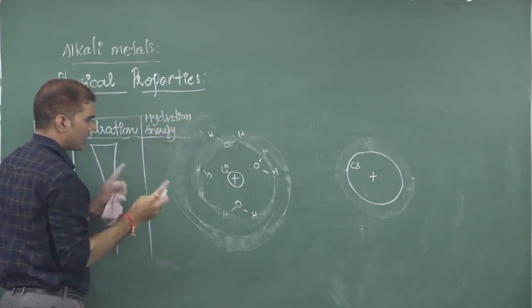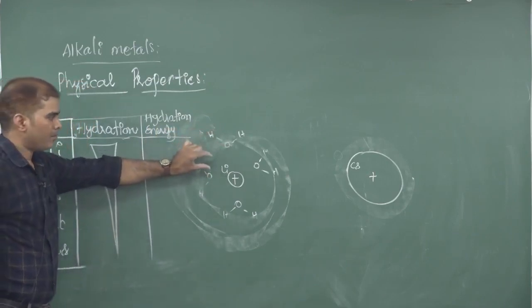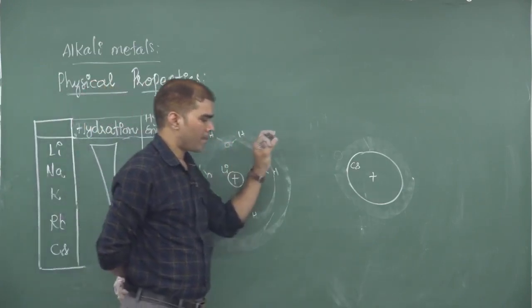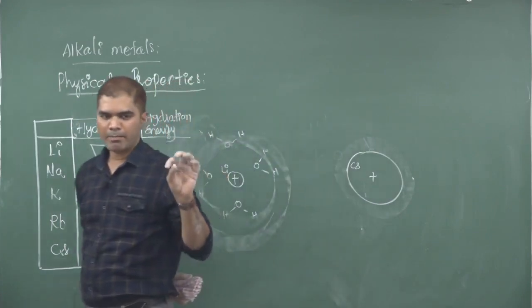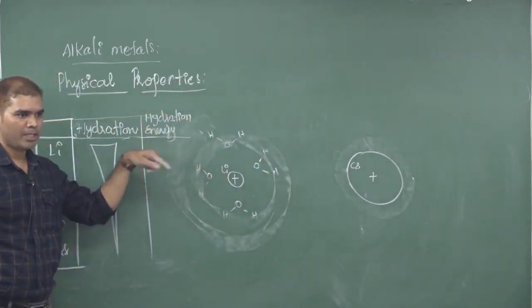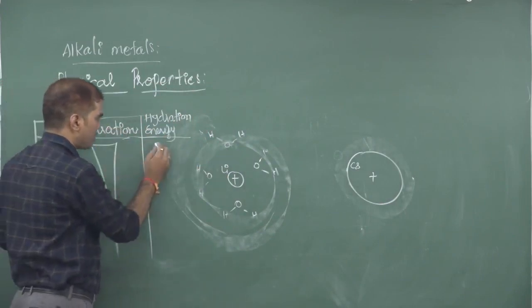Hydration energy means the energy released when hydration occurs. Whenever the metal ion is smaller, hydration is larger. As the metal ion size is increasing, the process of hydration is decreasing. It means the amount of energy released also decreases. So as hydration decreases, hydration energy